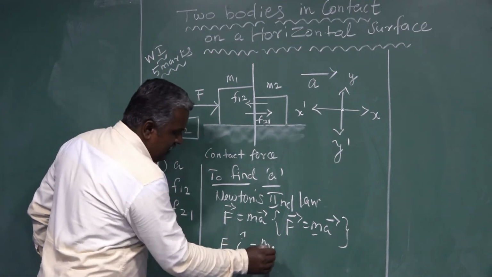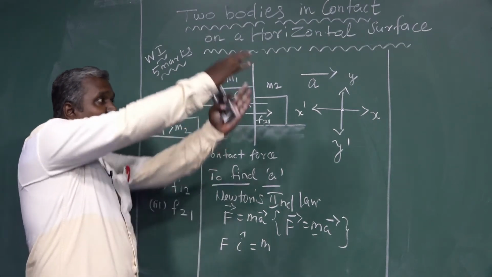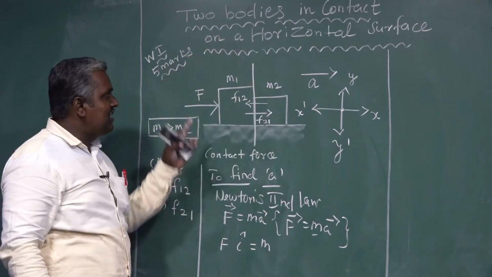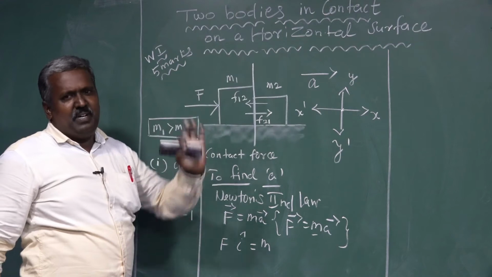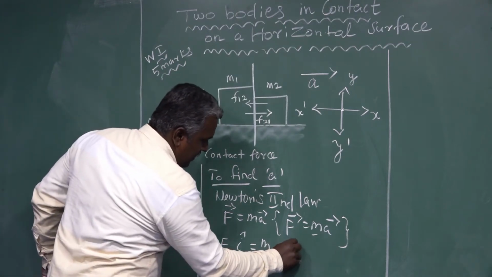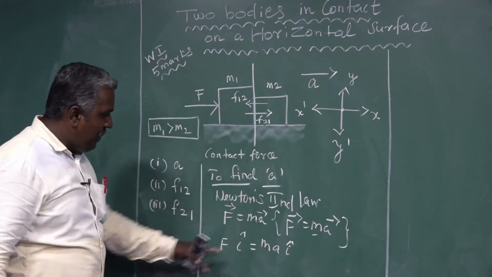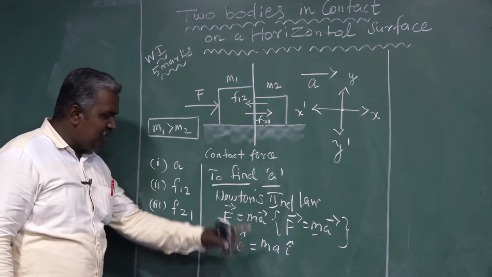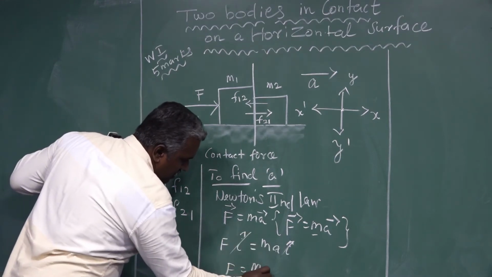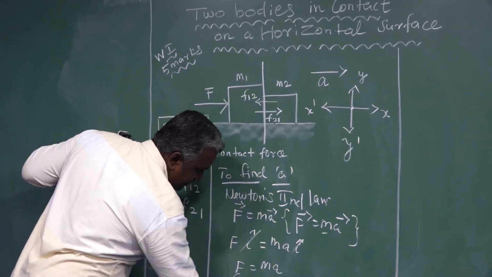And M. What is the direction of the acceleration? In the direction of force. That is natural, I am correct or not? In the direction of force. Your force acts here along the positive x-axis. Okay, that's all. So i cap means unit vector. You know that very well. So comparing components of both sides, F is equal to ma, a is equal to F by M.